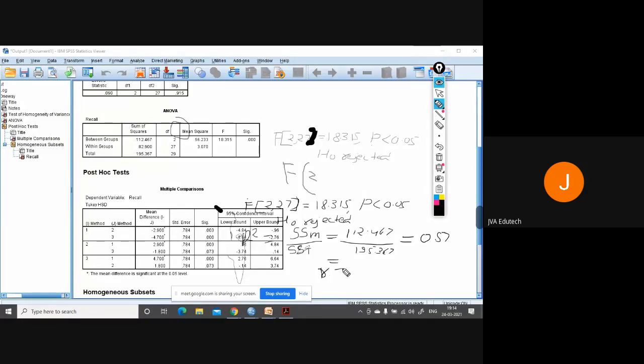So if you have to calculate R, it will be the square root of 0.57, which equals, has anybody calculated?